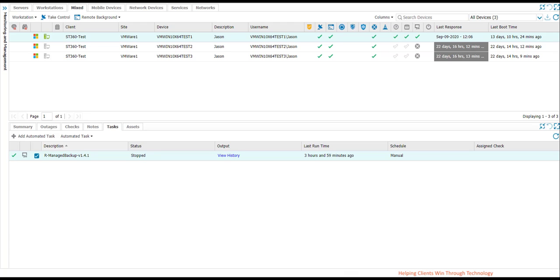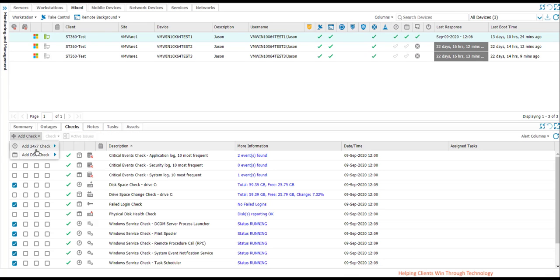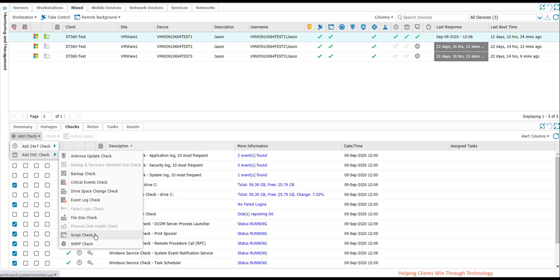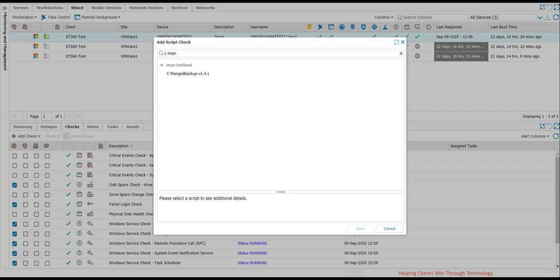Now let's take a look at how we monitor scheduled backups so that we're completely hands-off and we only get alerted if backups miss a period of time that we set as a threshold. For this, I'm going to use a custom check. Here is our managed backup script check,